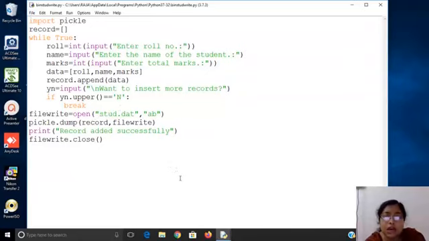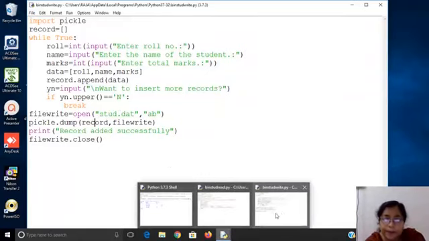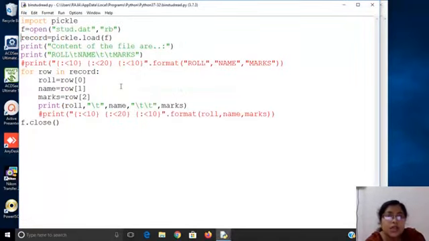Let's see how we can read this file. In this program we are reading that file. In the previous program we created the stud.dat file, and now we are reading that. So we are opening it in the rb mode. We are loading everything into the record list, and then we are printing roll, name and marks.